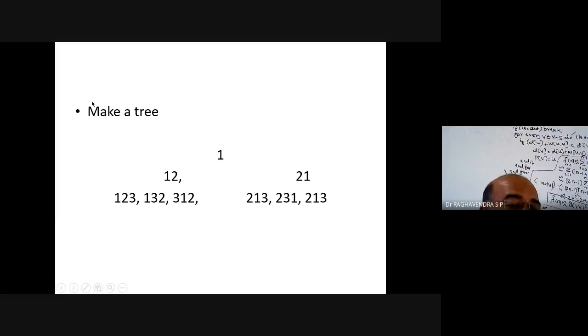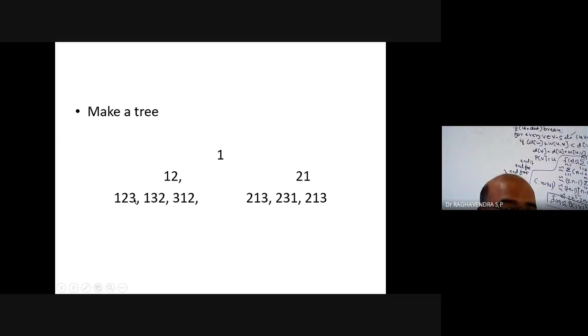Now the same thing we can represent using a tree. How to represent using a tree? So this is the way of representation. See, a single object will be taken as the root. So 2 will be concatenated to the right side, 2 will be concatenated to the left side.